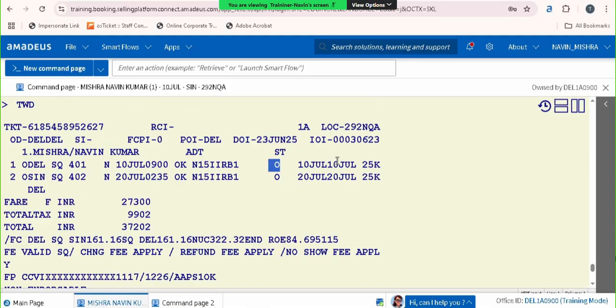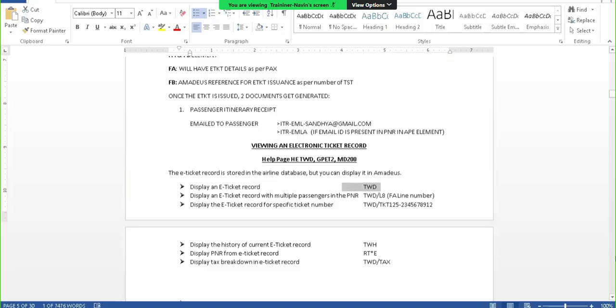Okay. Now, is only the open status always displayed in the e-ticket coupon status? The answer would be no. There are many other statuses also. And if you wanted to read about the different statuses, there is a help page, which is